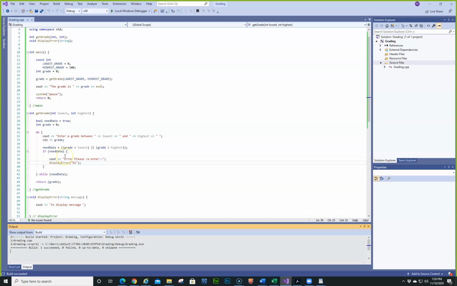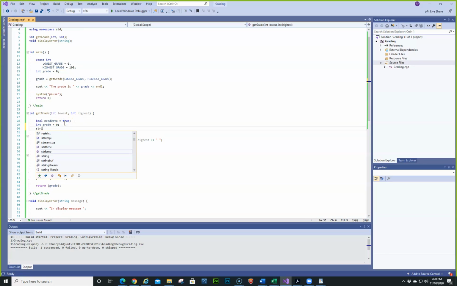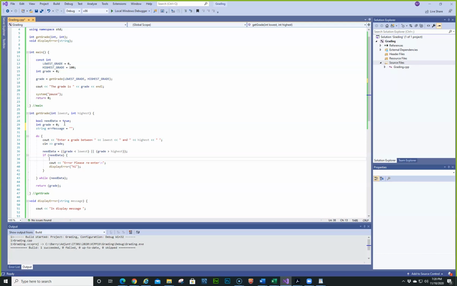So now what we need to do is put display error, and we can do a string, and we'll just leave it like this for now, and then we'll put in here error message